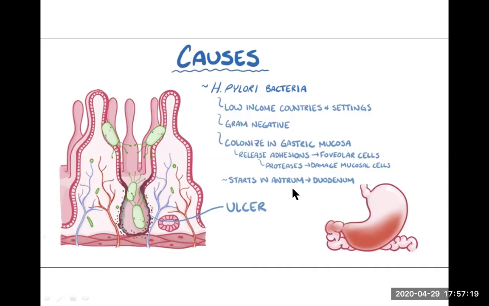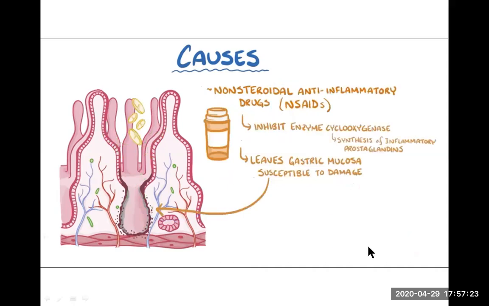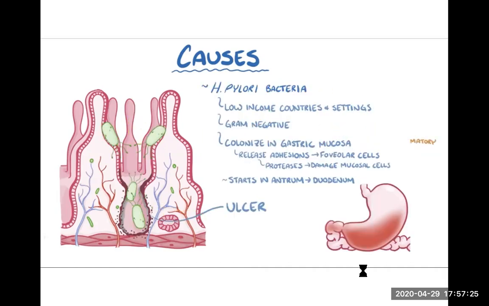Usually it starts in the antrum, and then gradually it spreads and covers the maximum part of the stomach. That is the ulcer which is caused later. In the beginning, a small lesion is formed in the antrum. It starts with that, and then it spreads to the duodenum, and half of the stomach is covered with that.